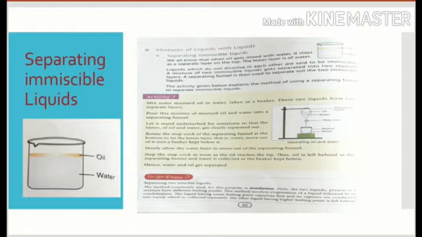First of all, separating immiscible liquids. Question arises, what are immiscible liquids? Before doing that, I want to take you towards an activity, a live activity.